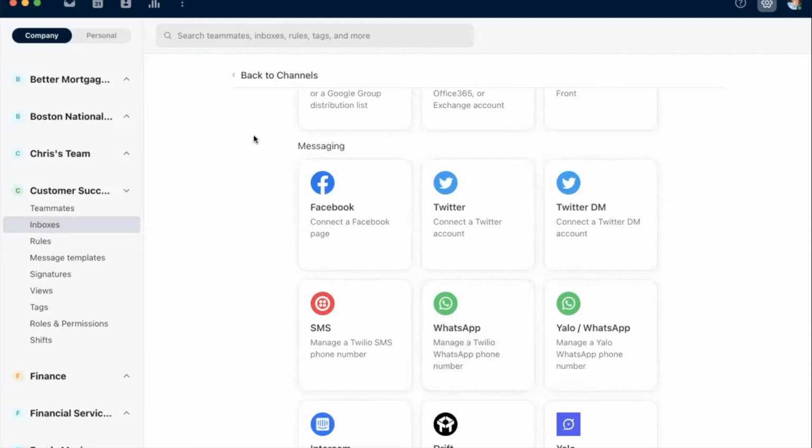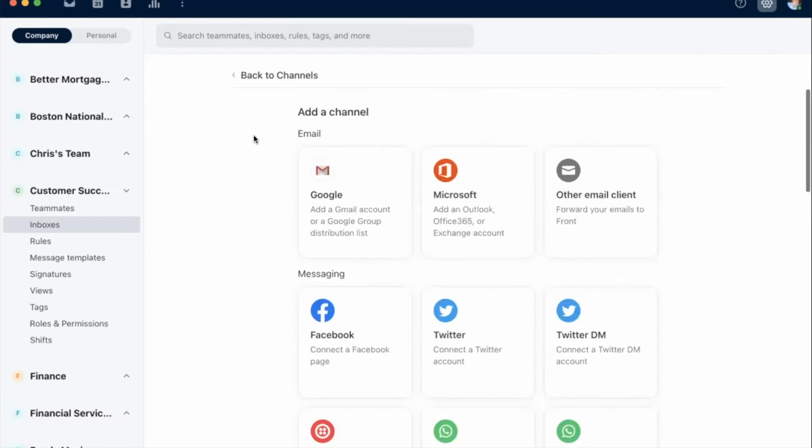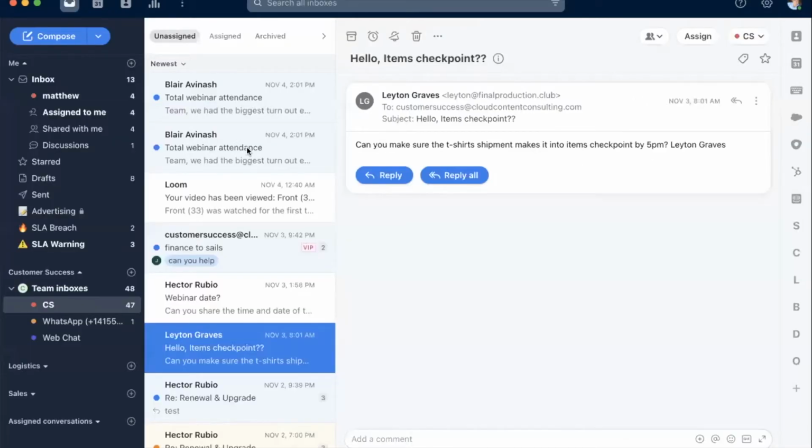So ultimately, when we think about adding our inboxes, we really want to think about who are the groups of people that are going to be handling those conversations and how we want to break those out. Do we want all of them to funnel into one inbox? Probably, if it's the same group of people and the same type of messages, we might want to do that. Or if we have different groups of people, sales, support, and customer success, we might actually have different inboxes for those different teams. So let's hop back to our presentation